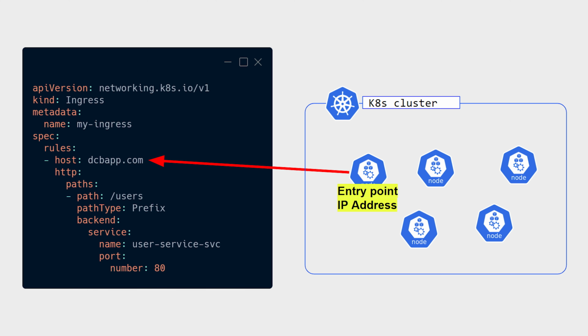So that particular host name that we are going to define, that is dcbapp.com, has to be attached to any of the Kubernetes node information. From that only, external traffic will be able to come to the Kubernetes cluster, and then only our Kubernetes cluster will be able to identify the traffic. So if we have multiple nodes available in our Kubernetes cluster, any one of the nodes' IP has to be assigned to that particular host information. So when you call that particular host information, that traffic will come to the Kubernetes cluster and it will decide which particular service is available, where this particular service is available inside my Kubernetes cluster, and that particular service will be called internally.